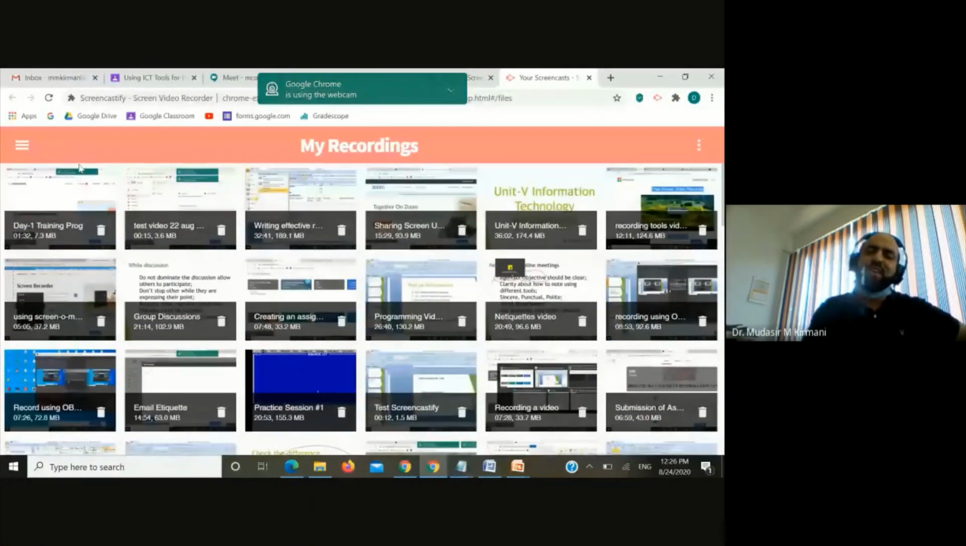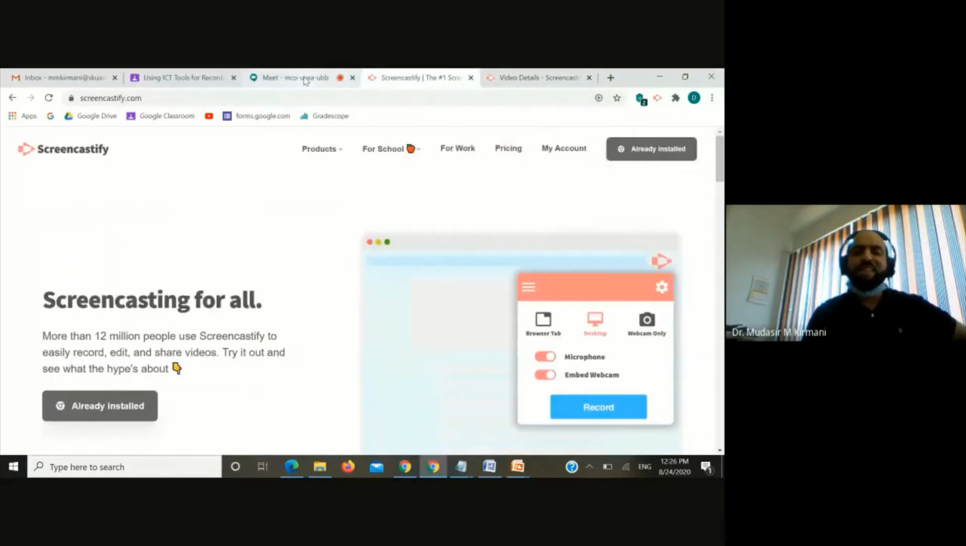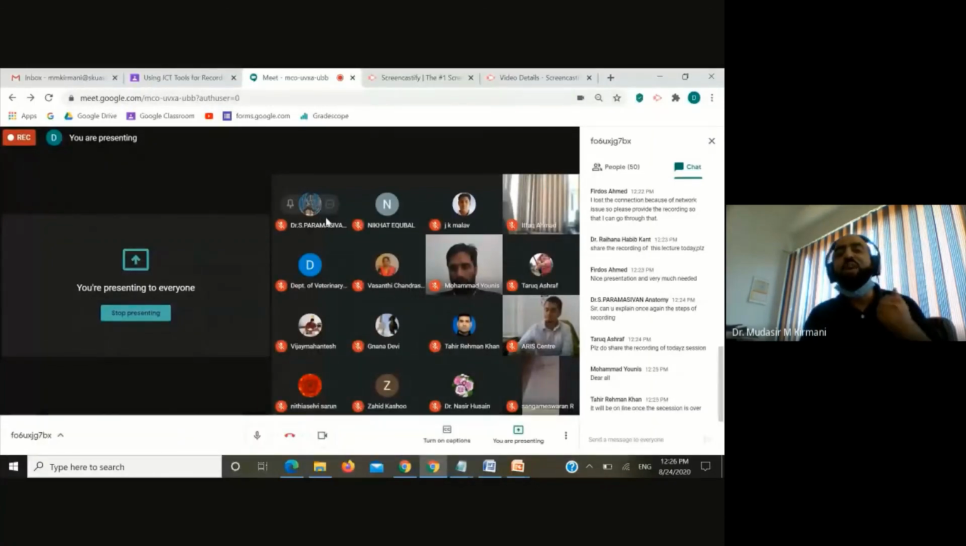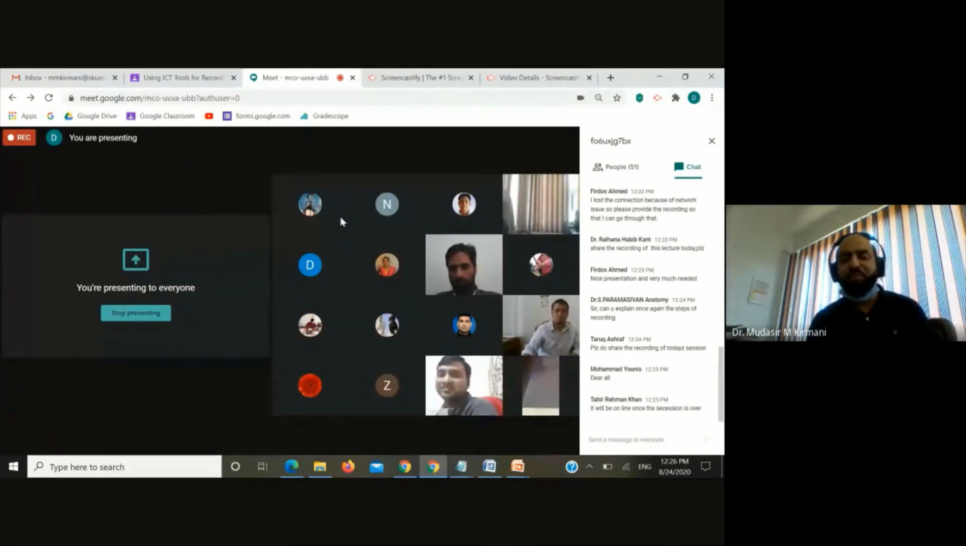You must be wondering, is it Screencastify which is storing your video? No, not at all. It's not Screencastify which is storing this video. Rather, it's your Gmail account. Rather, it's your Google Drive wherein all these things are getting stored. So therefore, this whole session will be working on this Google Drive, will be working on this recording videos,